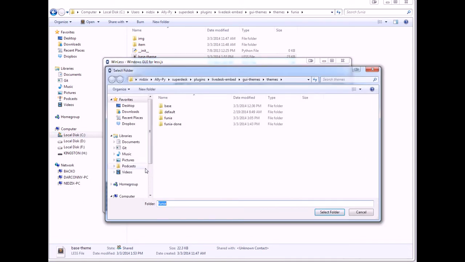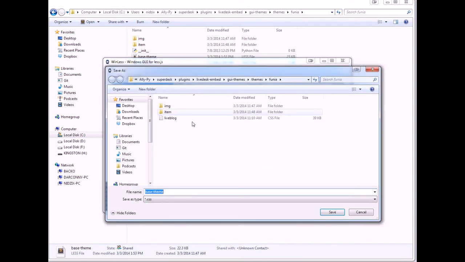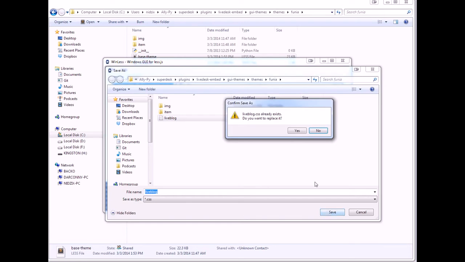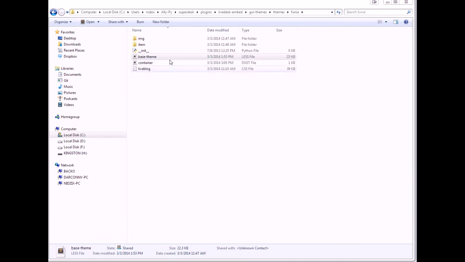I will add the folder. It recognizes my less file, but I will just choose live blog as the output CSS file. By clicking on compile, you will get the compiled version of less.